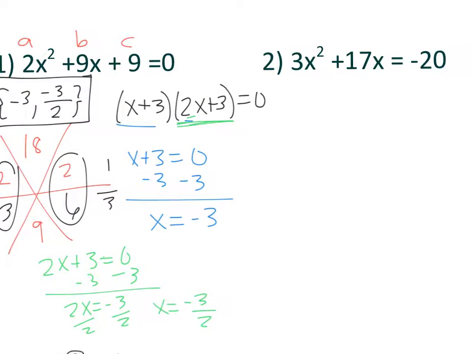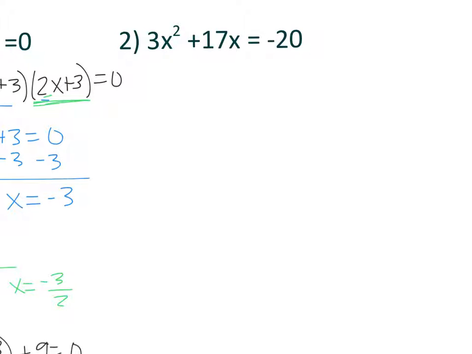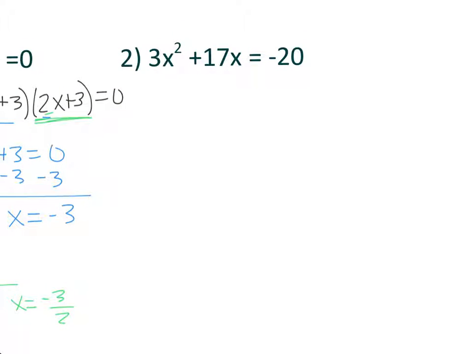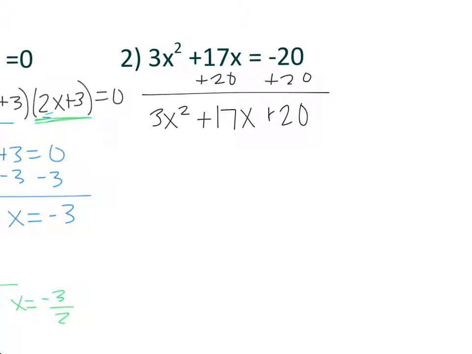Okay, let's look at number 2 here. As I look at number 2, the thing I noticed first is that I have to move the 20 over. So I'm going to add 20 to both sides so that this equation can get equal to 0. So I see 3x squared plus 17x plus 20 equals 0. And I can't factor anything out, so I'll go ahead and make my snowflake. Find factors of 60 that when added together give me 17. And that would be